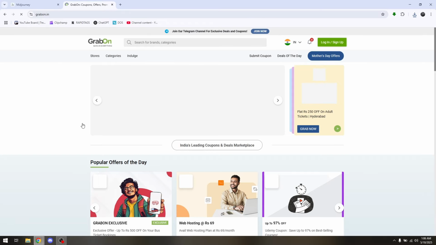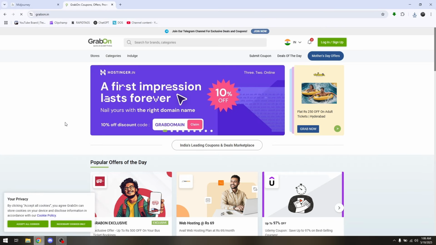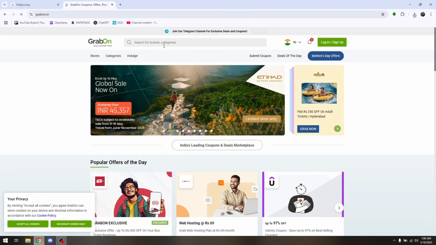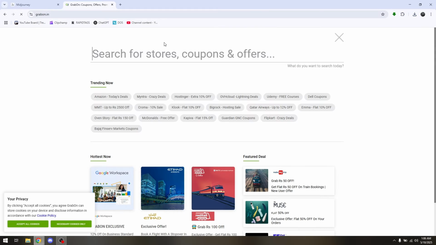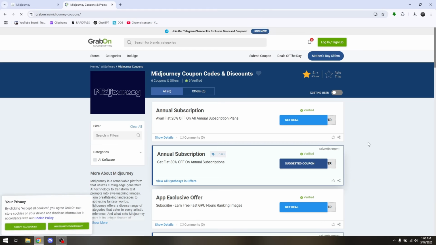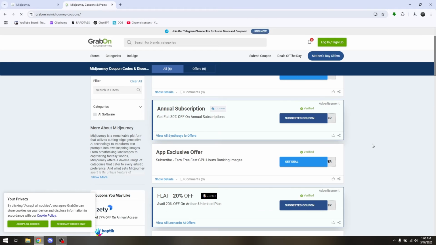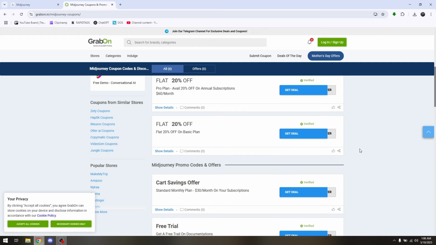grabon.in. Now, Grabon is actually a specific website in which they are giving us out free discount promo codes that is still working as of 2025. Now, in here, just head directly to the search bar and simply type in Midjourney. Once you hit enter, Grabon will provide you free coupon codes on selective percentage off on any deals that